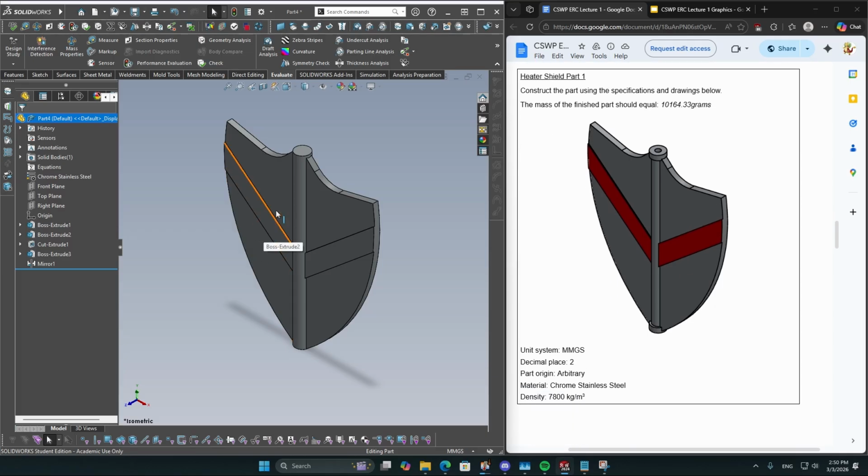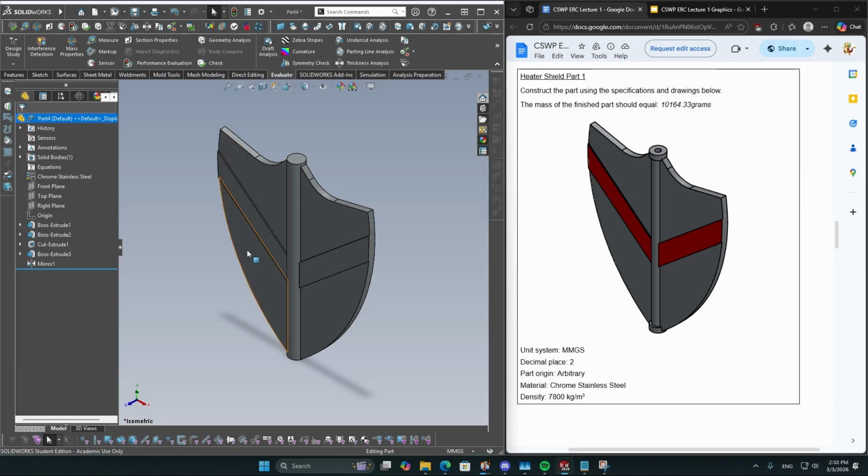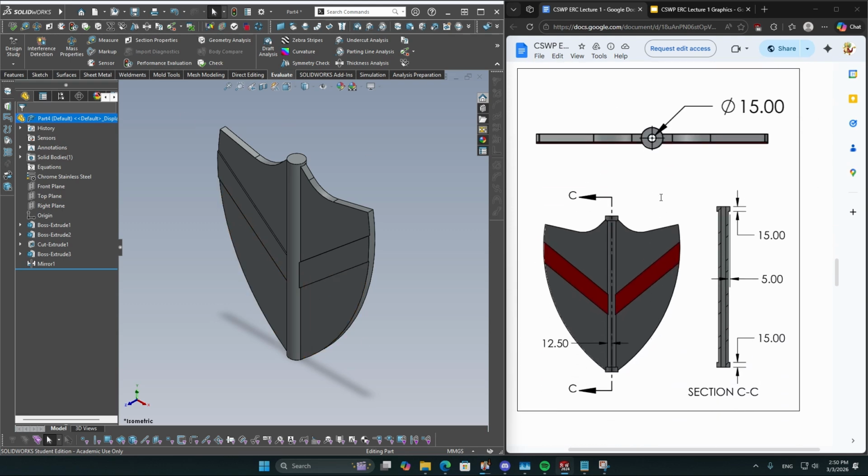A lot of CSWP is not actually creating your own parts, but editing existing parts. You'll be given a part to download, and then you're going to have to make some modifications and changes to it. That's what we're going to be augmenting here, and I'm going to show you a couple of niche ways to make your part editing go a lot smoother. So the first thing I'm going to do is add this centered circular cut